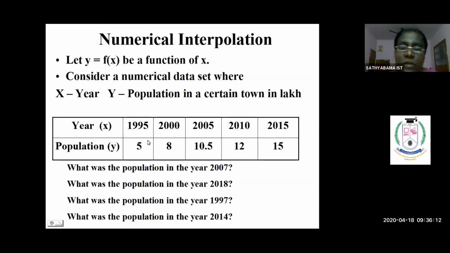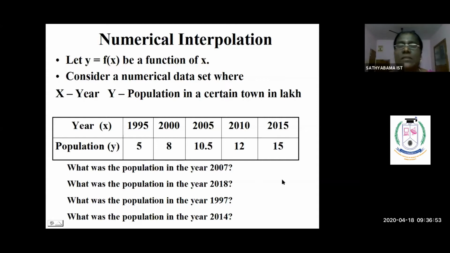So when we want to calculate a more appropriate result for these 2 values, I can use different formulas for calculating the respective population in these 2 years. What is that? I can use Newton's forward interpolation formula whenever the value lies close to our initial value. And I can use Newton's backward interpolation formula whenever our x value lies close to the end value of the data set.